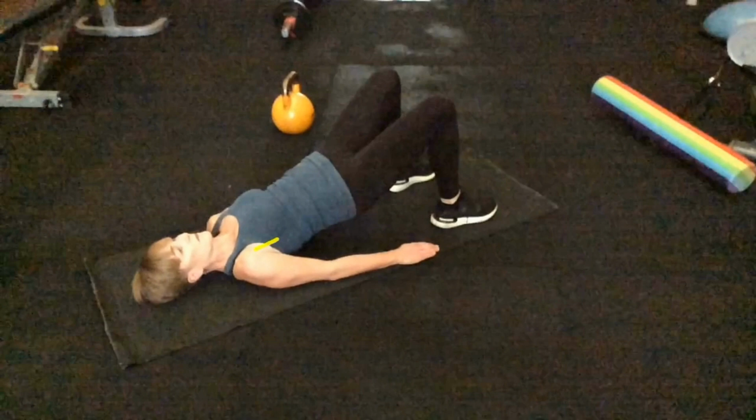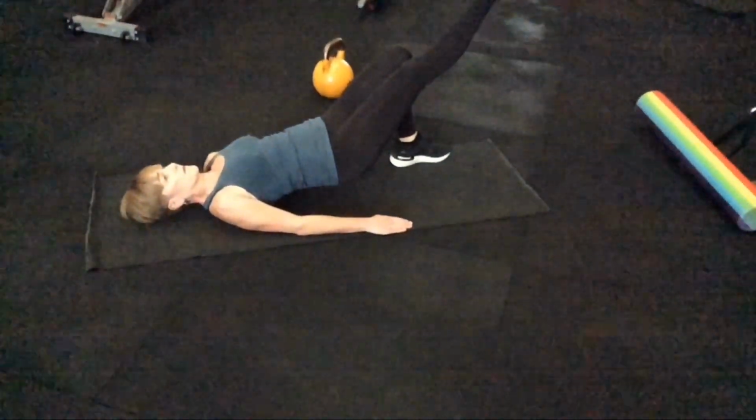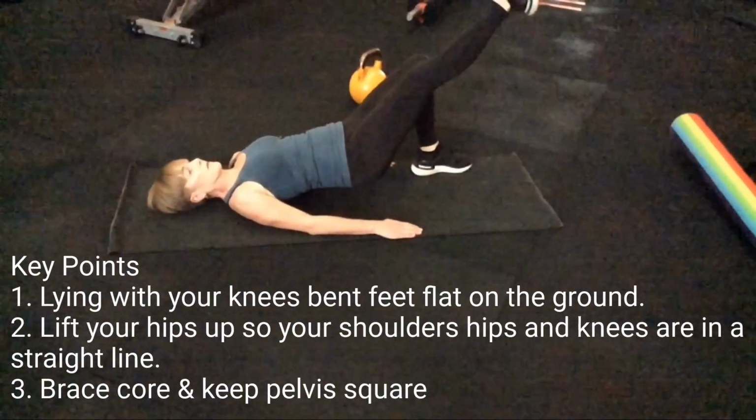So she just needs to stay in a straight line. Don't overarch the back. So some people will come up too high. Don't do that. Just stay in this nice straight line, and then your job is to keep this pelvis square. So when she extends one leg, we don't want to see any part of the pelvis drop to do so. So it's on her weaker leg, and you see it did drop a little bit,